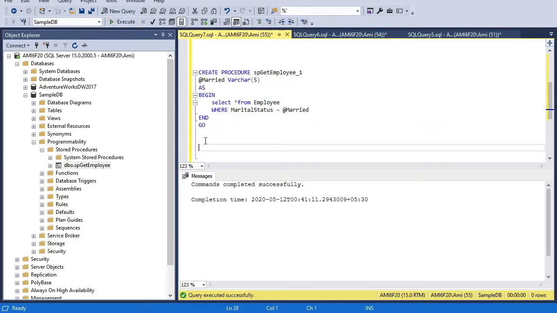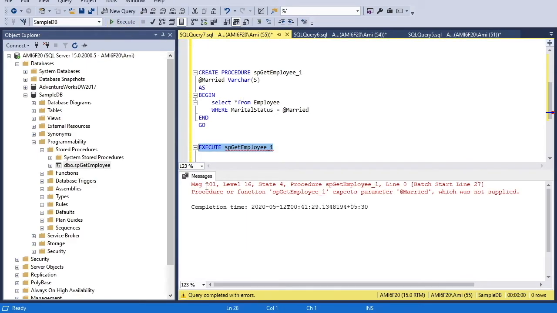Now if I execute this without any parameter, it will give me an error. The error says procedure or function sp_get_employee_1 expects parameter and then the parameter name. It means to execute this procedure we must provide a value.